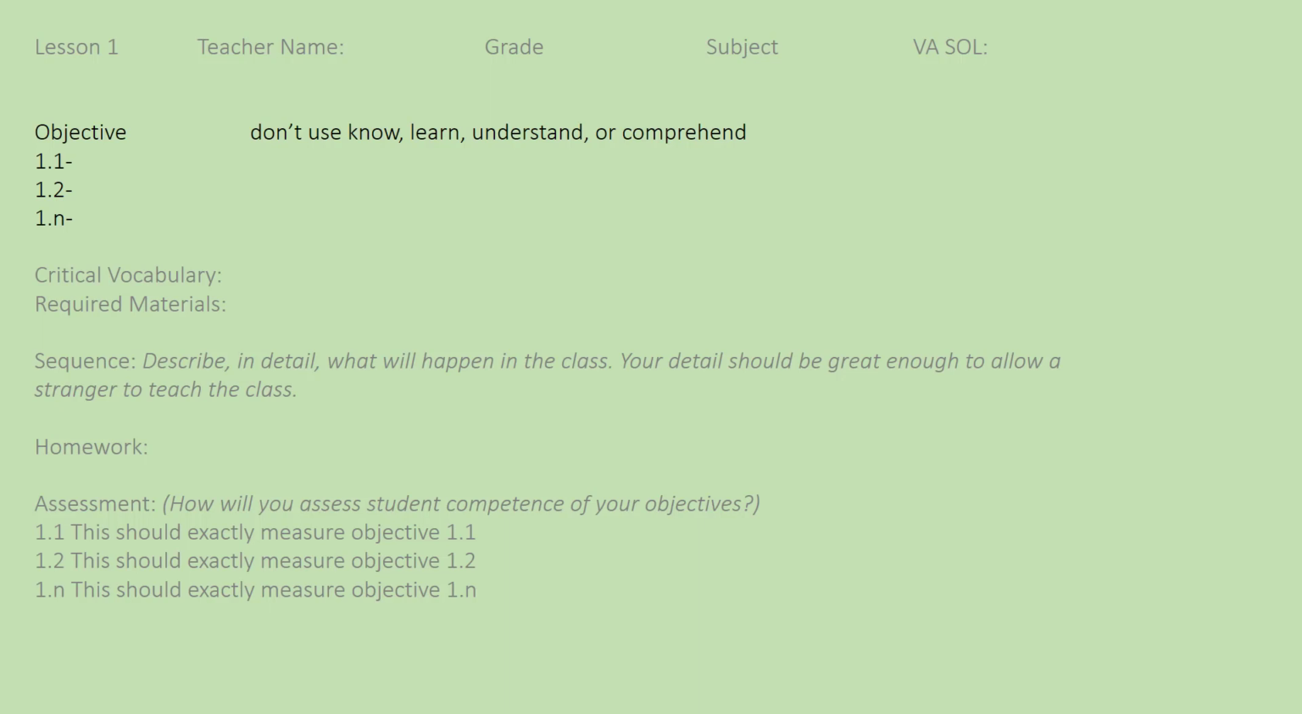action verb that you're actually looking for. If you want students to list something for you, or identify something, or compare and contrast something, or describe something, or explain something, or if you want them to be able to clean a microscope properly, whatever it is, list that in your objective. The verb is critical, but never use the words know, learn, understand, or comprehend, because you